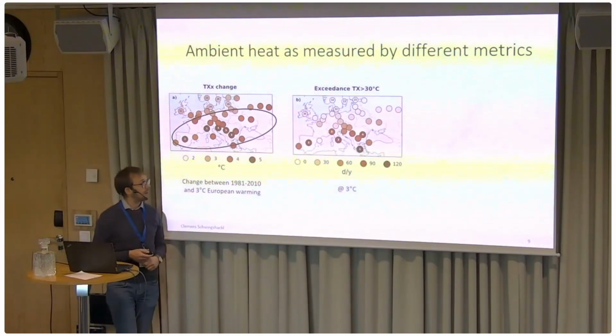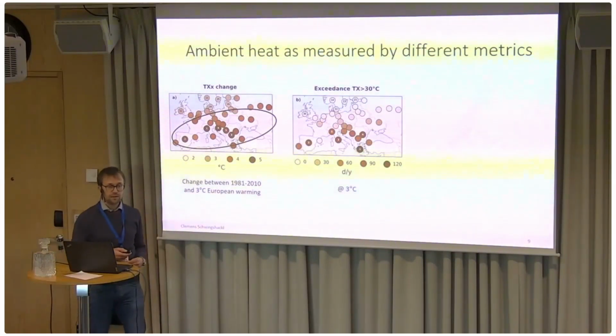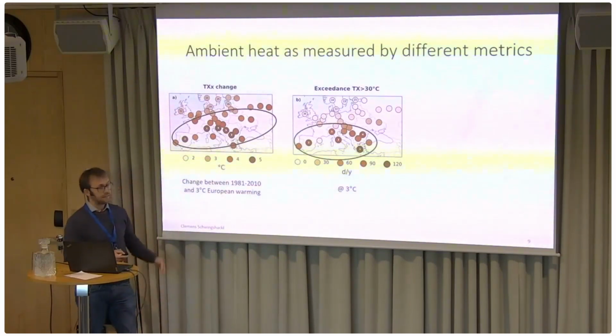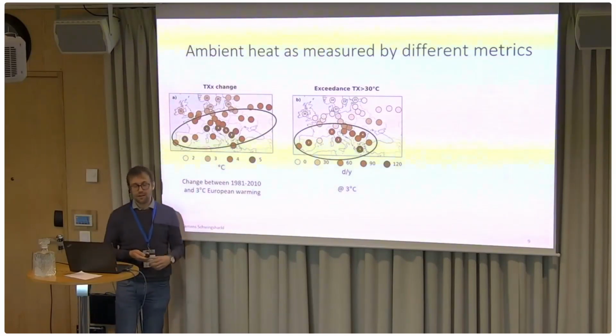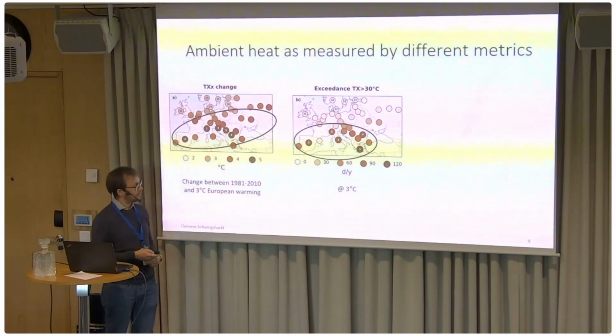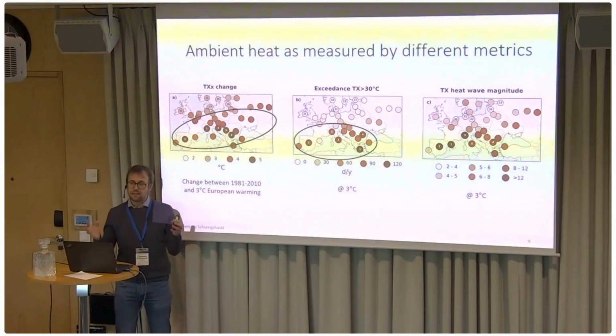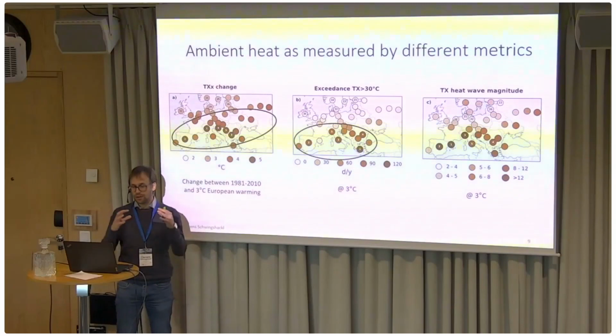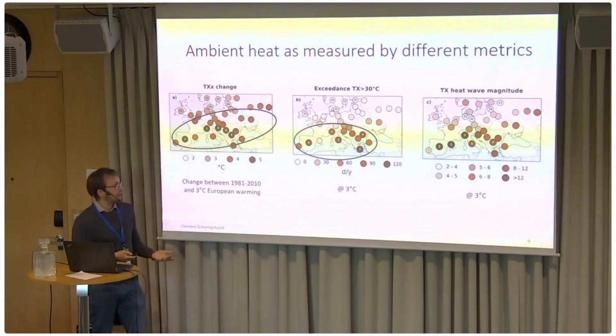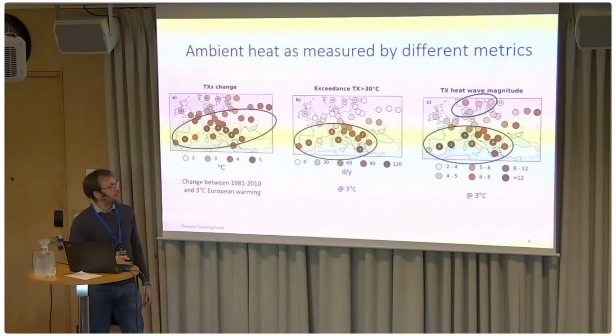The second indicator is the number of days per year when 30 degrees Celsius are exceeded at this 3-degree warming. And here you see very clearly it's especially in the south, but almost nothing in the north, which we expect because the south, of course, is also climatologically warmer than the north. And the third indicator is the heat wave magnitude index. And this is an indicator that combines the duration and the intensity of a heat wave into one single indicator. And here you see that again, we have strong increases in the south, but you also see quite substantial increases here in Northern Europe, for example, especially in Oslo.